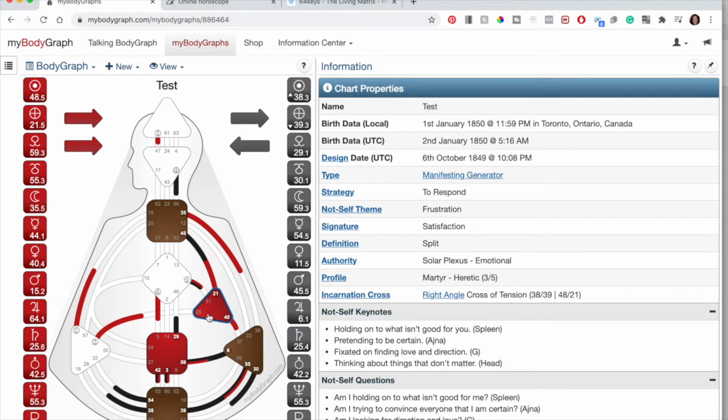Or if 59, they must have 59 somewhere else in their chart, obviously. Yeah, they have it in the North Node. But let's say they only had 59 in the moon. It wasn't anywhere else. And as the moon changed, that means that that channel would change and there would no longer be definition in the sacral. So I hope that makes sense of how the planetary movements affect definition.